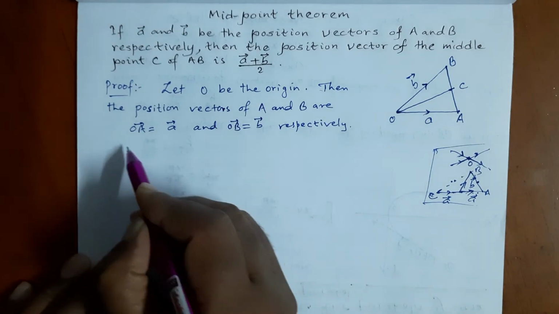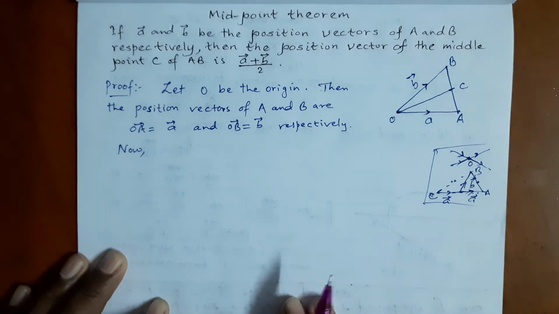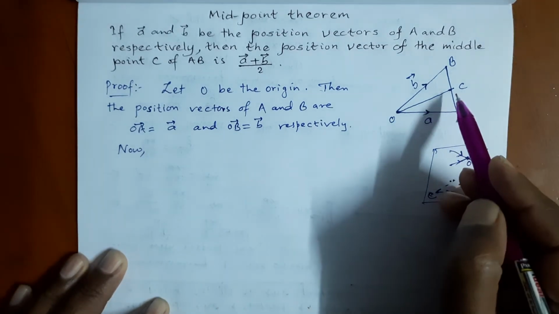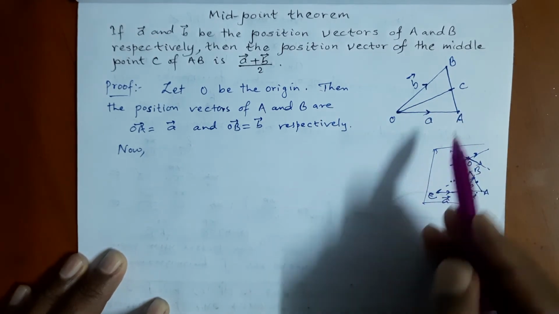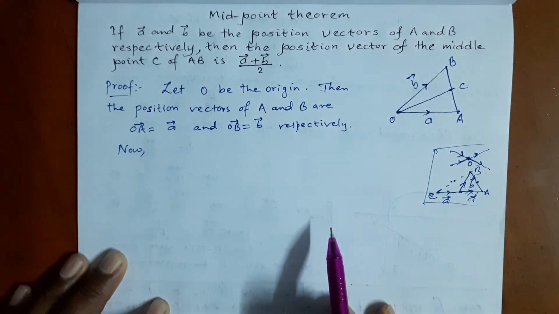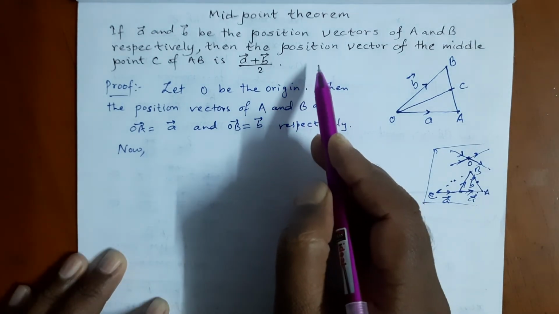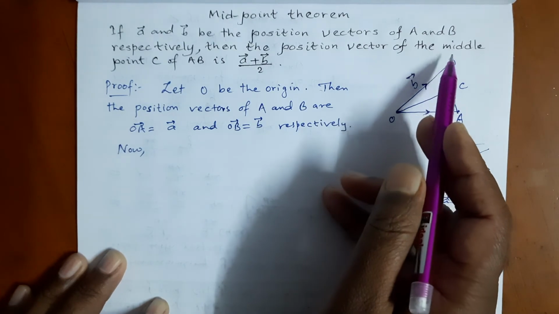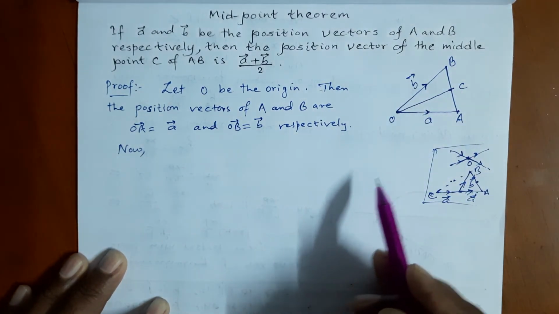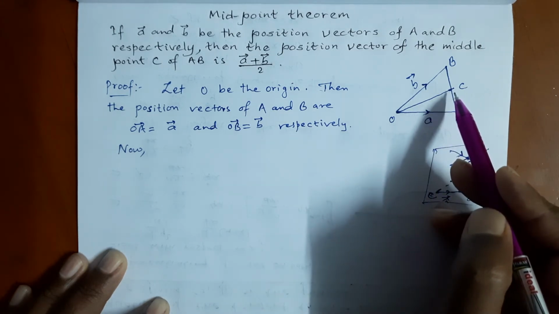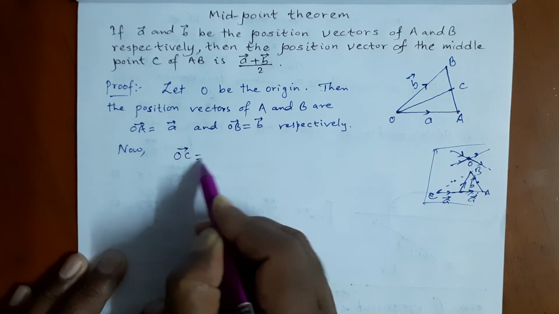Now here C is the midpoint of line segment AB. So here we have to find the position vector of the middle point C of this AB. That means we have to find vector OC. So we write vector OC equals to,